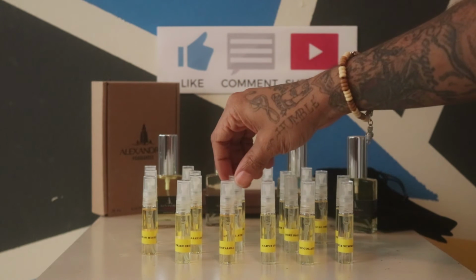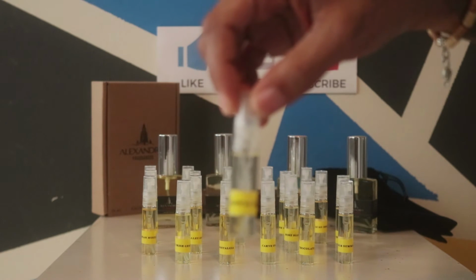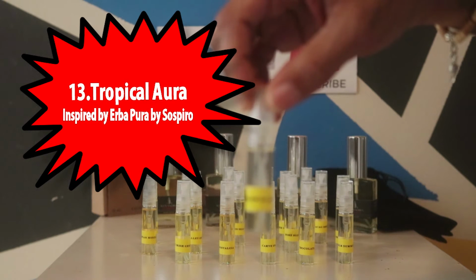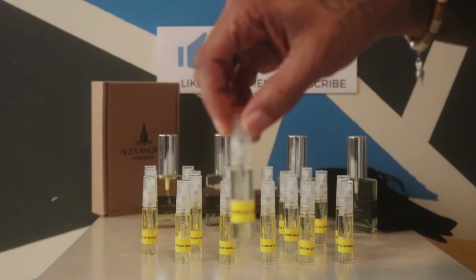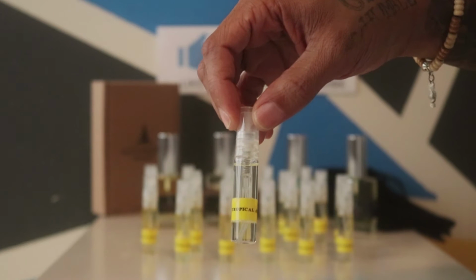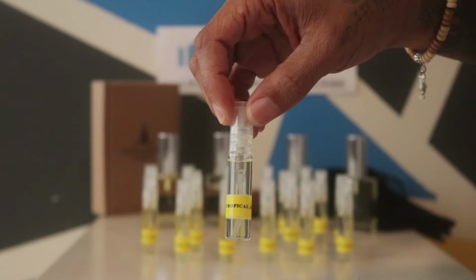This is probably my favorite one, and it is most definitely a unisex fragrance, Tropical Aura. This is inspired by Ambre Pura by Sospiro. Man, look, it's the same people that made Xerjoff, but they just teamed up with someone else basically. I'll leave the name. I'm not good with all these names, guys, but this is just mango, strawberries, fruity heaven,